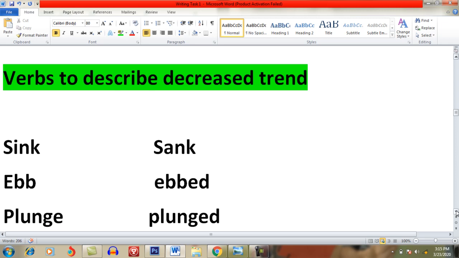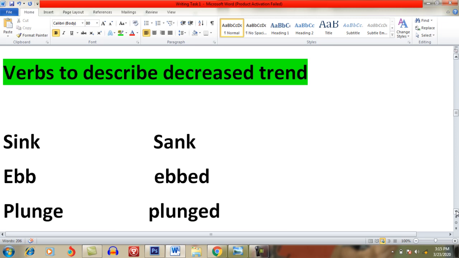Now I'll share words which you can use for a decreased trend. When something decreases, you can use these words. The same applies for present as well as for past. Whenever you want to discuss the chart in present tense, you use the present, the first form. Whenever you want to discuss in past, you will have to use the second or third form, like